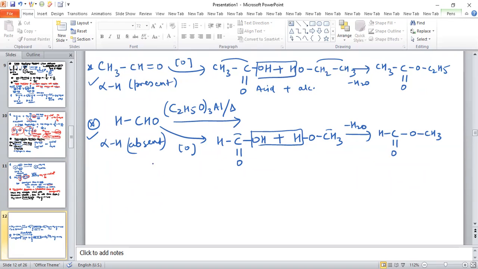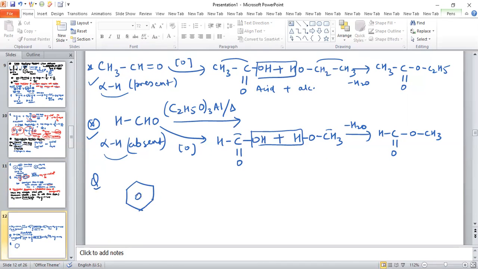So this ester is obtained as a product. The same happens in the Cannizzaro reaction, because one of the products is oxidized and one of the products is reduced. The only difference is that alpha hydrogen can be present or absent. So first we do the Cannizzaro reaction, and after that the esterification reaction takes place. This is basically the Tischenko reaction. Now see another question related to the Tischenko reaction. The question is, we have a compound.